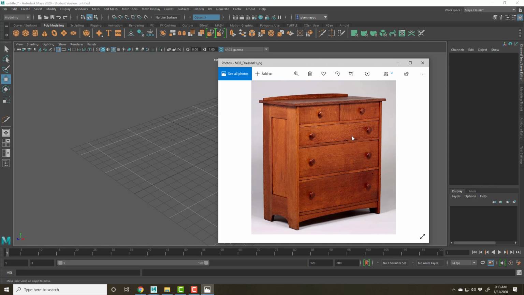And there's a tendency to want to model an object like this completely out of one object. And I would urge you to reconsider that. Yes, there will be simple objects that you want to make. That one cube that you can go in and insert edge loops, make extrusions, delete faces, extrude things inwards. It's very possible to create things out of a single object, but it becomes a little bit overkill when you